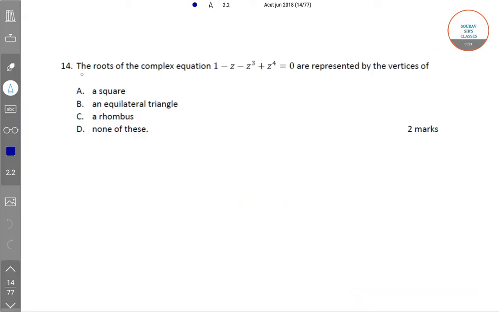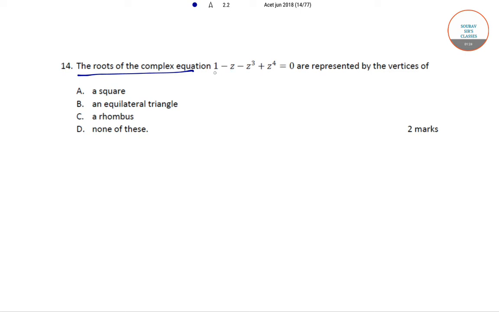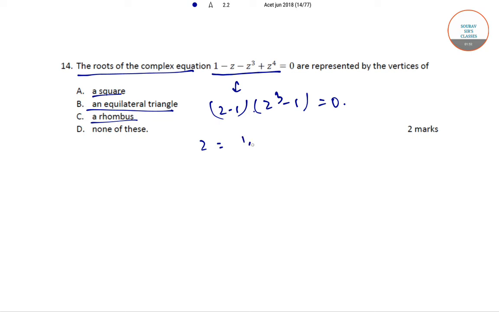The next question is, the roots of the complex equation 1 minus z cube plus z to the power 4 is equal to 0 are represented by the vertices of option A, a square, option B, an equilateral triangle, option C, a rhombus, and option D, none of these. Now this equation can be factored as (z minus 1) into (z cube minus 1) to be equal to 0. So the roots are z is equal to 1, 1, omega and omega squared, where omega